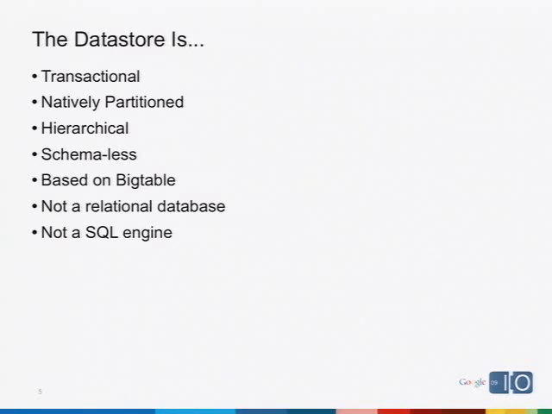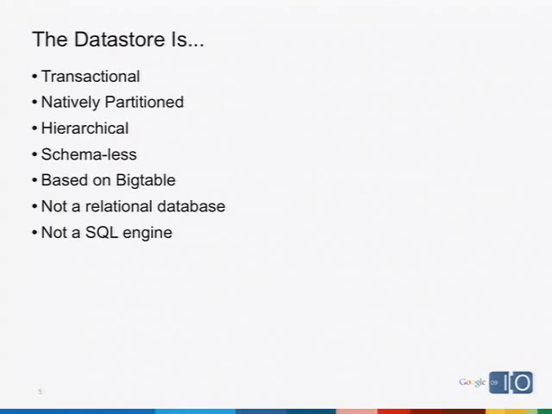And unlike an architecture where you have horizontally partitioned your data and maybe it's the responsibility of your code to decide at runtime where data is going to go, the App Engine Datastore is natively partitioned. We're going to split your data up for you. So just by building your application on top of the Datastore, this is going to happen. That's pretty cool.